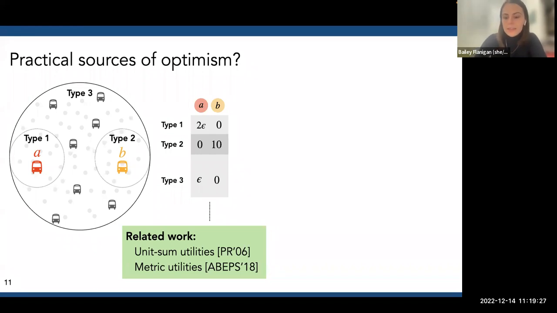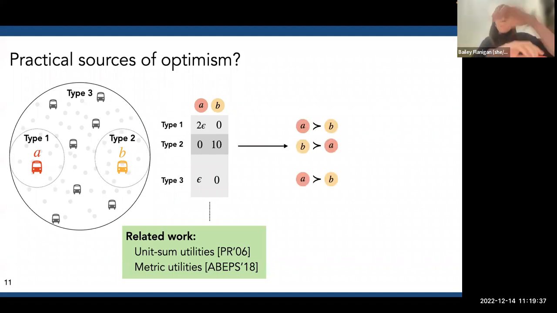Just to answer that question, we can think about why this really fixes the problem. What went wrong in our example is that people of type 1 and type 3 versus type 2 have very different stakes in this decision. People of type 1 and 3 don't really stand to lose or gain anything, whereas people of type 2 have really high stakes, they really stand to gain or lose. But this information is lost in the process of going from utilities to rankings.